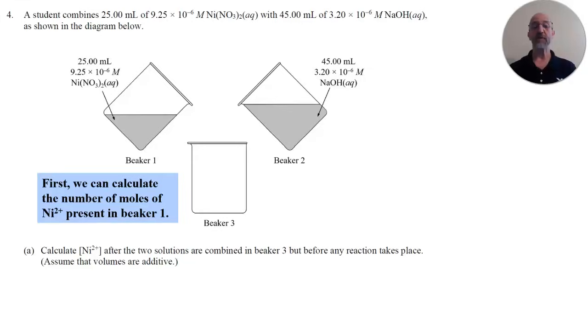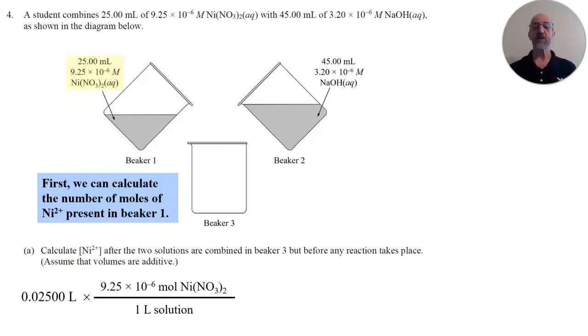Now, when I convert from milliliters to liters, I divide by 1,000. So on my calculator or in your head, just by moving the decimal 3 spaces to the left, 25 divided by 1,000 becomes 0.02500 liters. Now, if I multiply by the molarity, which would be moles per liter, that would be, as a conversion factor, times 9.25 times 10 to the negative 6 moles of this nickel nitrate solution for every 1 liter